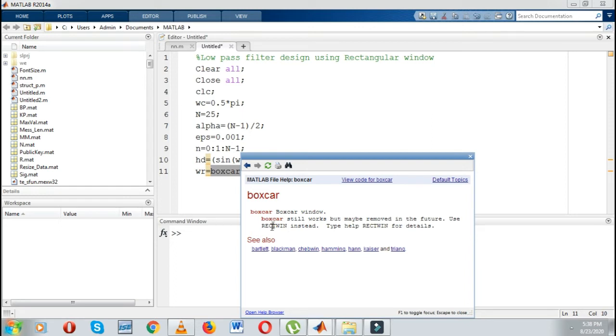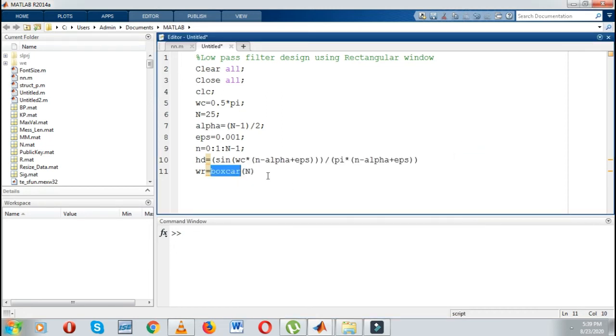You can see the boxcar still works but may be removed in the future; use rectwin. So in MATLAB 2014 the boxcar command is available, but in newer MATLAB they defined a new command for a rectangular window, that is rectwin. You can use that also. Still this command works in my MATLAB, so I can use boxcar.